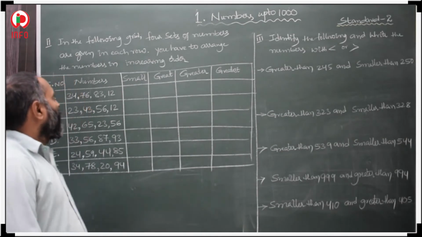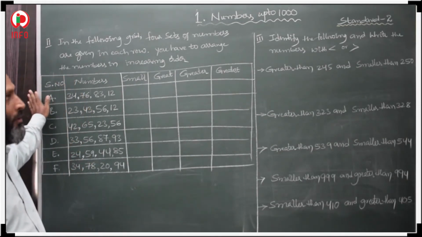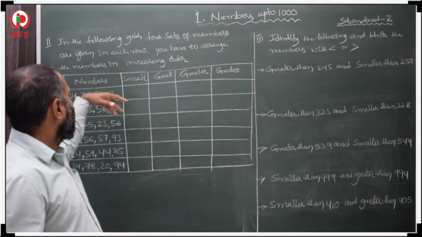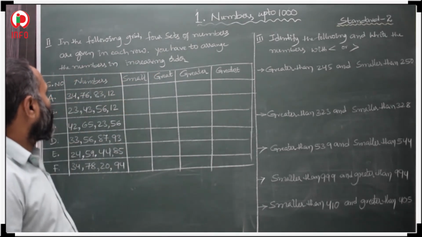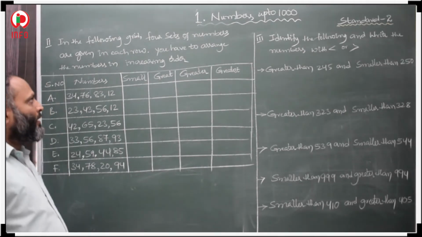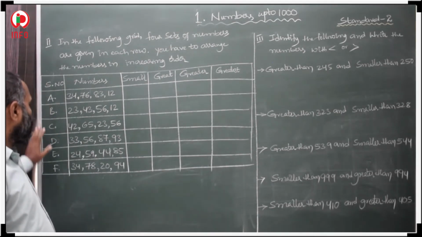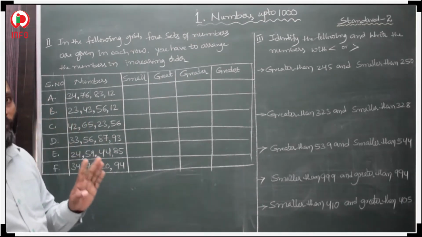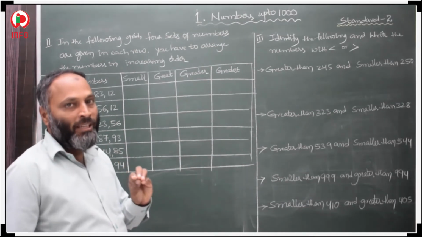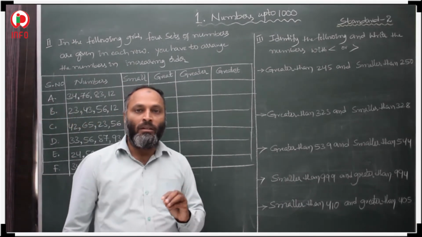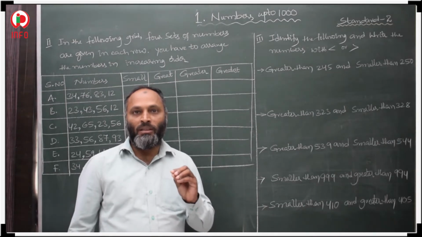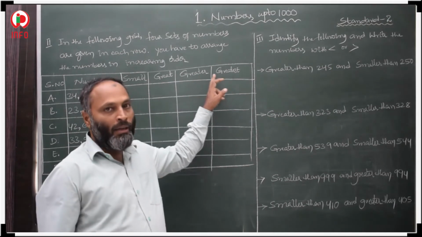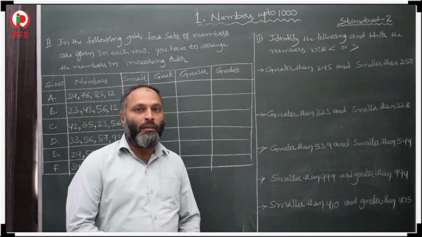Now, just before, we wrote descending order. So here ascending order is given. Increasing order we have to write here. Here also 6 sets of numbers are given. In each set 4 numbers are there. Those 4 numbers we have to write in ascending order. Ascending order means increasing order. First we have to write the smaller number, then the great number, greater number, greatest number. In this order we have to write.